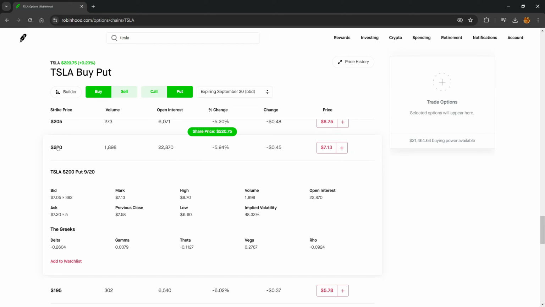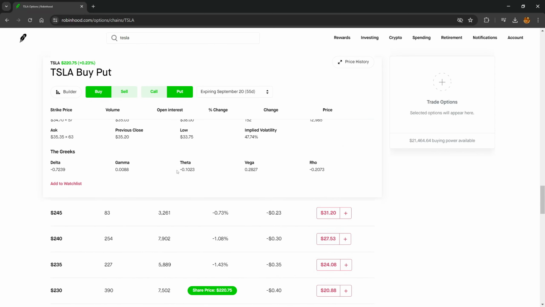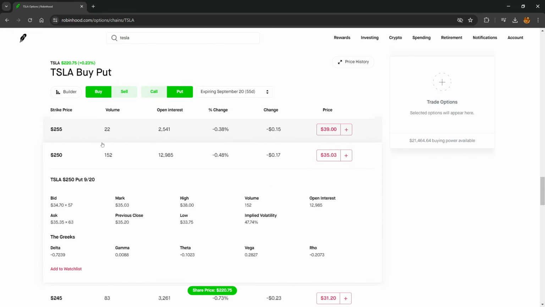The 200 strike here has an option premium of 7.13. The 7.13 is completely extrinsic value since this option is currently out of the money. Now, if we go to the 250, of course, because it's in the money, it has intrinsic value. And that's why you can see the premium is very big. It's 35.03, meaning it's